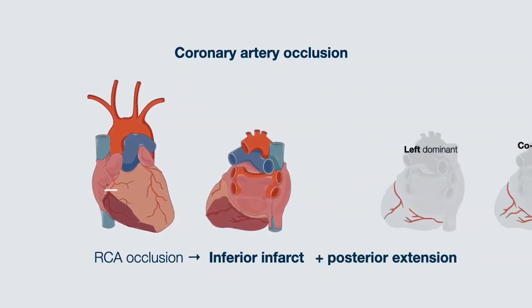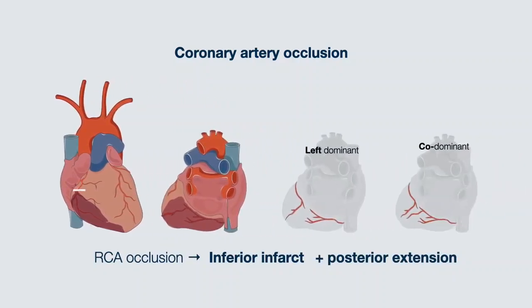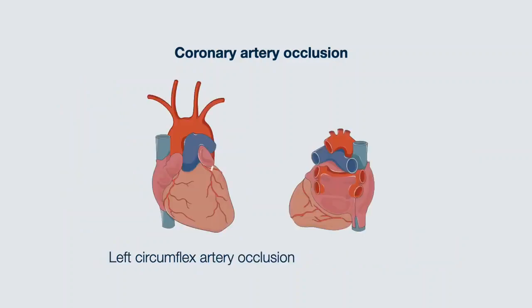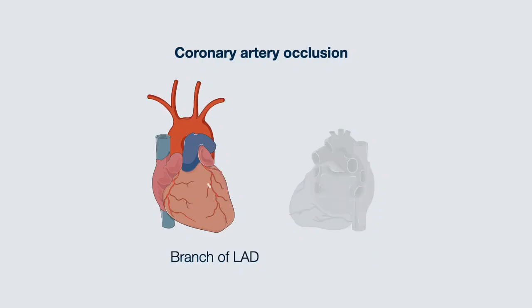This is not the case if the patient is left heart dominant, as the posterior wall is being supplied by the left coronary artery. And the same is likely true in the case of codominance, where there is collateral blood supply from the left coronary artery. If the left circumflex artery is occluded, this causes a lateral infarct. If a branch of the left anterior descending artery is completely occluded, there will be a septal infarct. If there is proximal occlusion of the left anterior descending